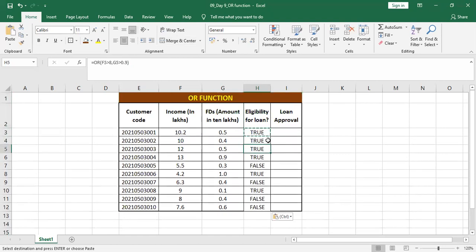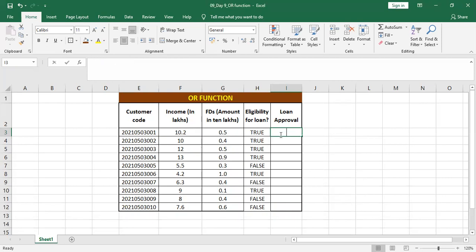That means customers 3005, 3007, 3009 and 3010 will not be able to get the loan. We are getting the eligibility for future loan customers, right? But depending on that, we can see if the loan can be approved by the bank or not. And that's why we can use the same structure of formula, but in a conditional manner.